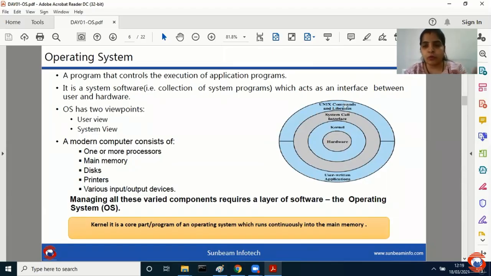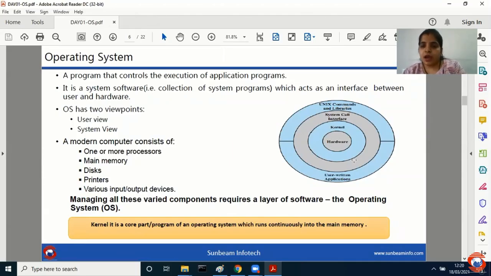If you have Ubuntu software, if you want to list down some directory, you type ls command. If you are on Windows platform, if you want to list down some directory, you write dir command. Sometimes you write cls command. Sometimes you write clear command. If you want to make a directory, you can create a directory like mkdir, and if you want to switch to another directory, you can write just cd command, and so on and so forth. So when you are writing some commands, those commands are also called as system calls. We will see in detail what a system call is.